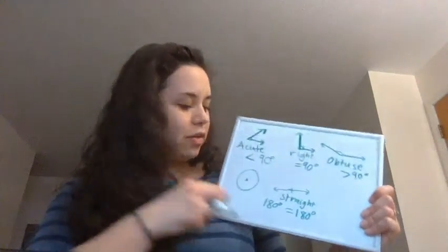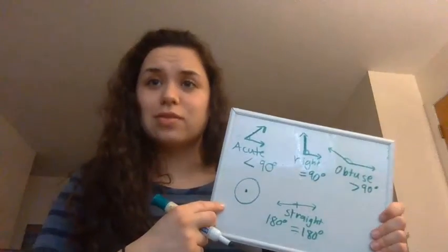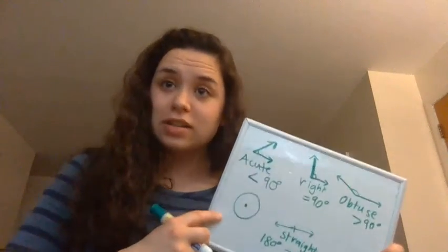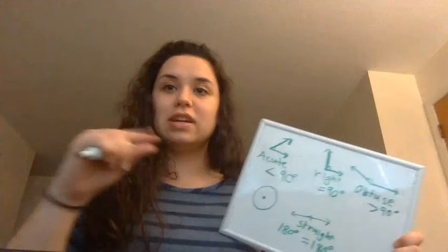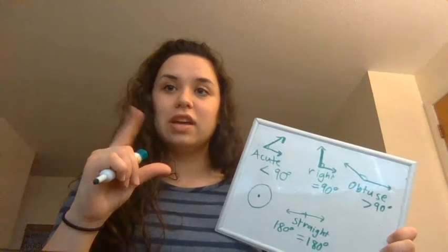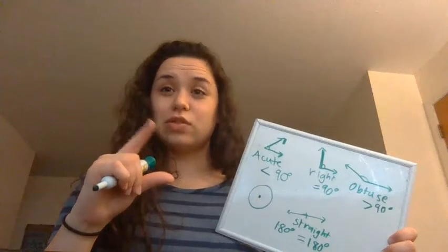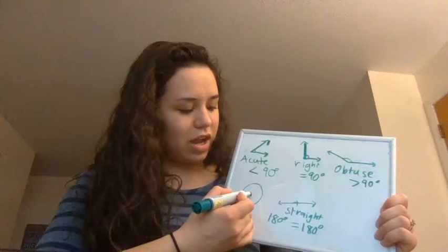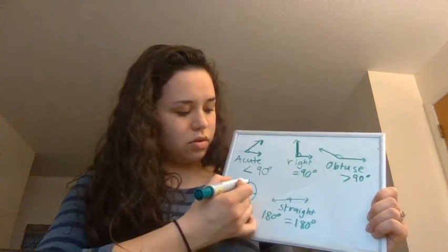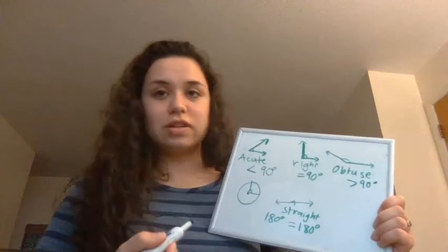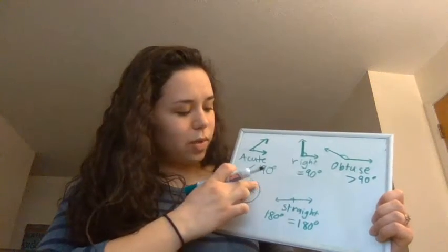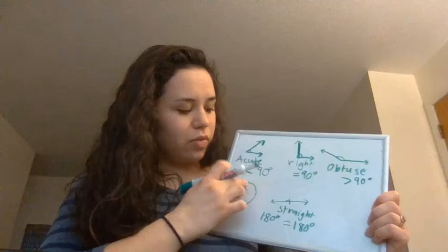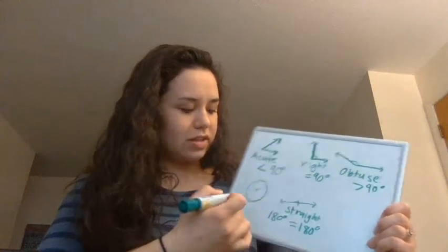Okay, now this. You're probably like, why is there a circle with a dot in the middle? Well, when we're talking about angles, it's just how big of the inside of a circle. So if I'm thinking I want to make a right angle, it's 90 degrees of a circle. So you're probably wondering how many degrees are in a circle. Well, the answer is always